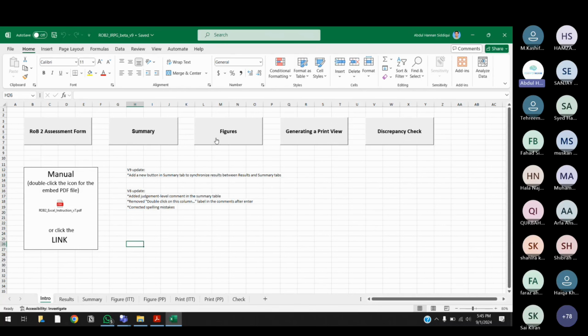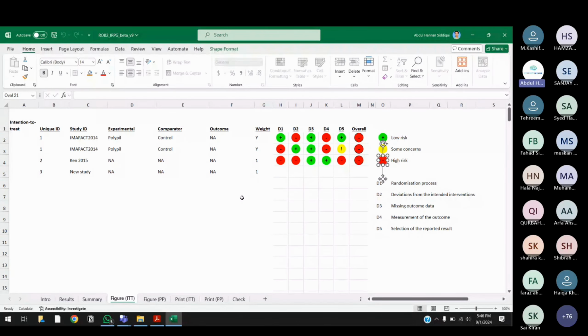और intro tab पे आके you have to click on the figures button, सही है? तो हमारे example में रविंद्र ने यूज करे थे, there were 6 studies, तो हमने उसमें से 3 randomized control trials थे, सही है? So we have to conduct quality assessment of those 3 randomized control trials on this log file. तो हम उसको 1 2 3 assessment ID देके तीनों के domains में question answer करके उसको save करेंगे. Once we are done with that, we will close it. After closing it, we will come to the intro tab on the home page, ठीक है? And we will click on the figures button, ठीक है? When I click on the figures button, it is going to generate this figure, सही है?